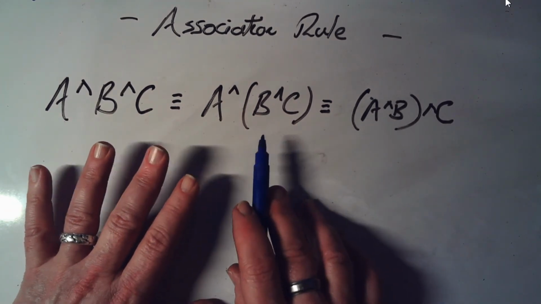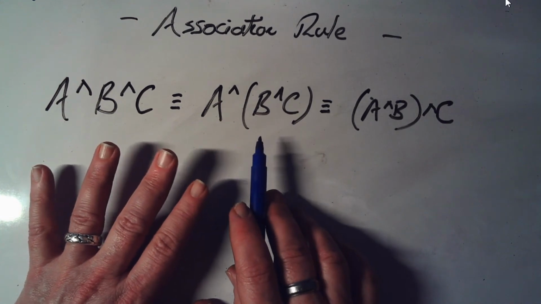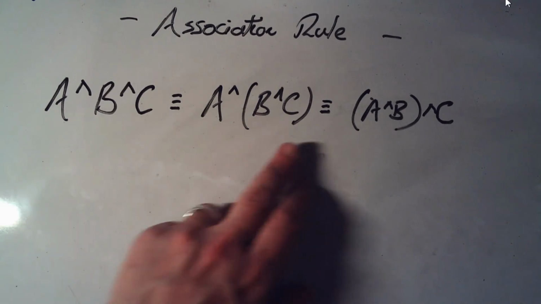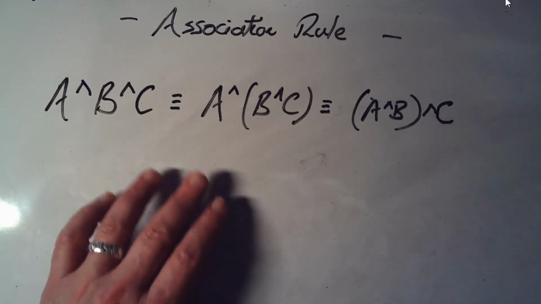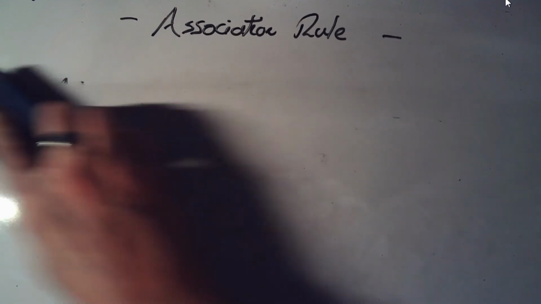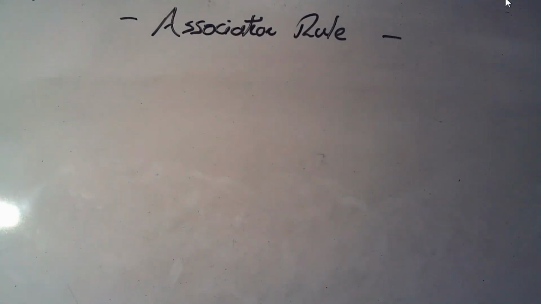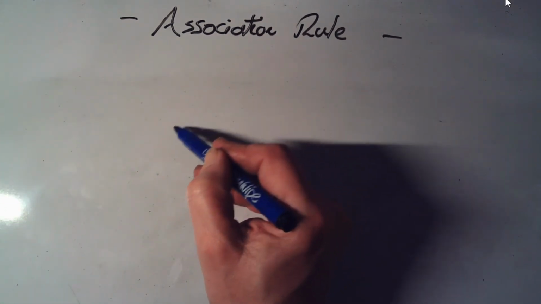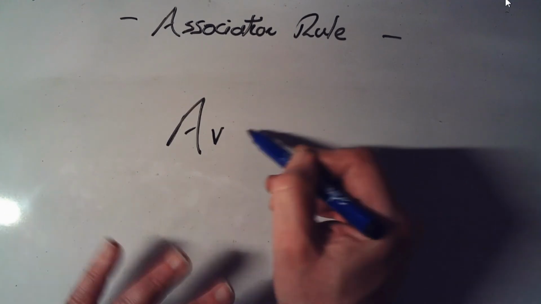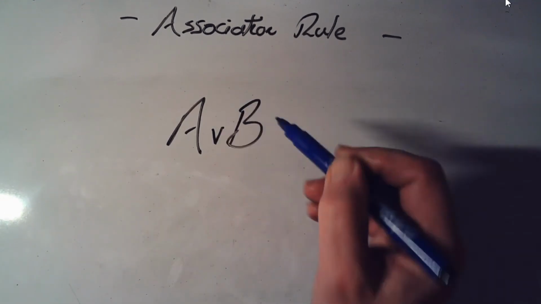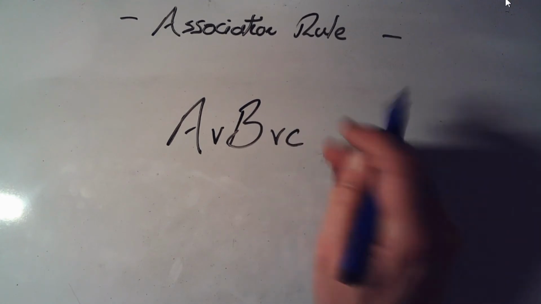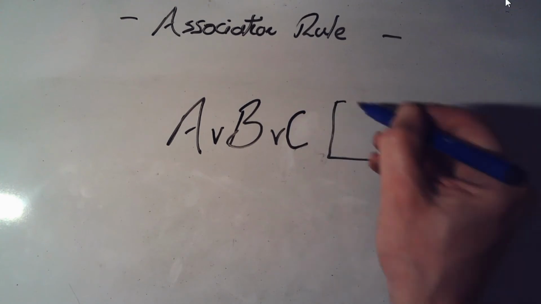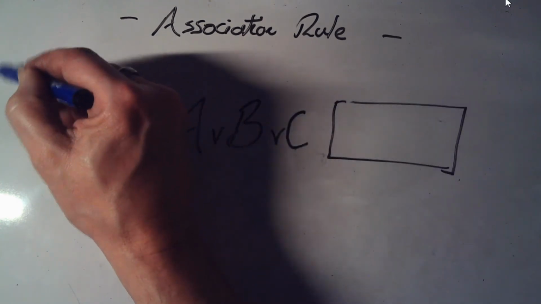And the reason for this, and it's something that we'll look at in some of the worked examples in the next video, is that in most cases, of course, you would treat these brackets as being redundant, but there are instances, and I'll just write this down very quickly, where if you have something as part of a bigger expression, let's say an or, because the same thing applies with or as it does with and, A or B or C,